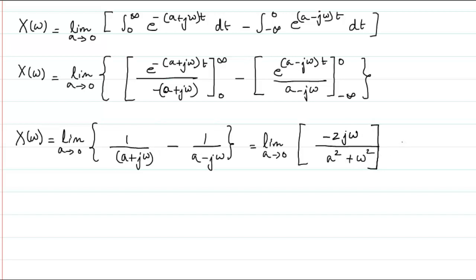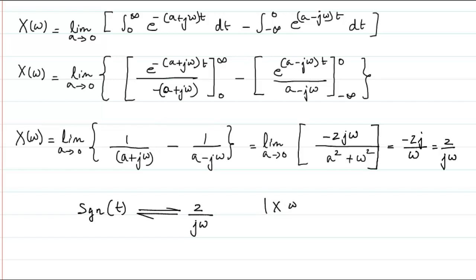Okay, now if that is the case, then this can be basically written as, if I am going to apply the limit a tending towards 0, then I will get minus 2j omega, and 1 omega will cancel in the denominator, so I will get minus 2j omega, or I can write it as 2 by j omega. So I can write finally that the Signum function of t, the Fourier transform of that will be 2 by j omega, where the magnitude of X of omega is going to be basically